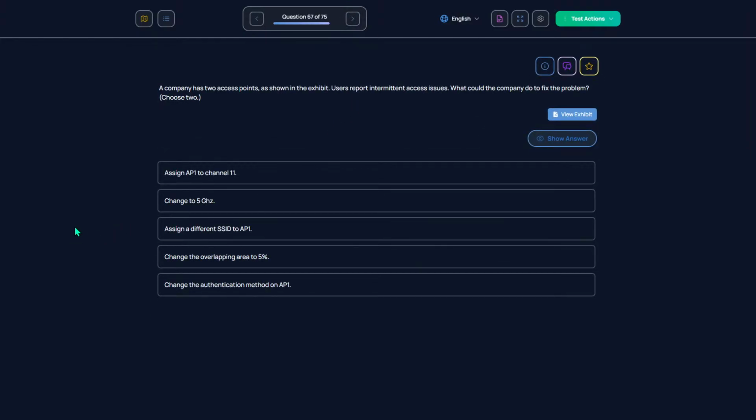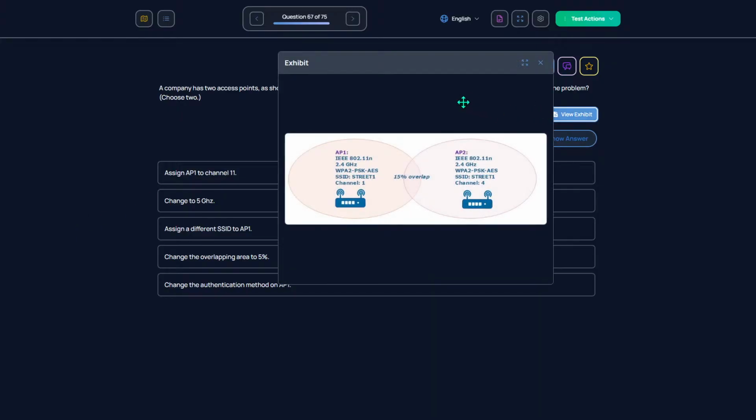The company has 2 access points as shown in the exhibit. Users report intermittent access issues. 50% overlap.